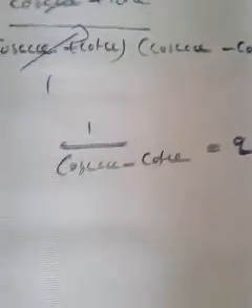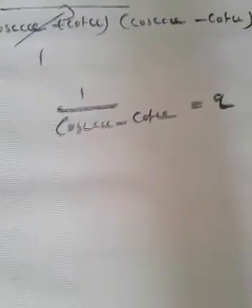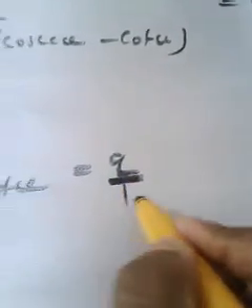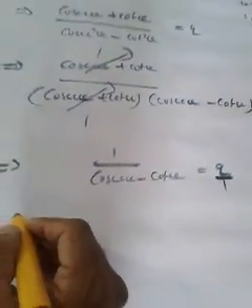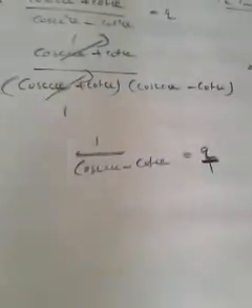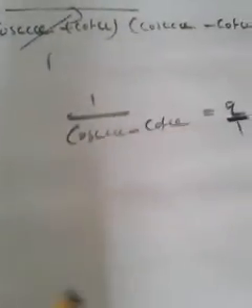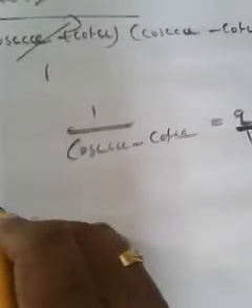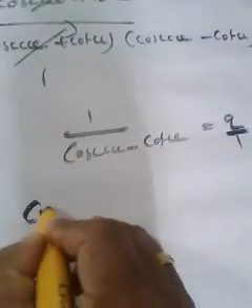Then we have to prove that cosec theta minus cot theta is equal to, sorry, 1 by q. We reached 1 by cosec theta minus cot theta is equal to q. How can we make this 1 by cosec theta minus cot theta into cosec theta minus cot theta? Just take the reciprocal on both sides. In order to do that, let me represent q as q by 1. Those who learned the previous question, I think we solved the same type of question, or maybe the same question. So when you take the reciprocal on both sides, 1 by cosec theta minus cot theta becomes what?